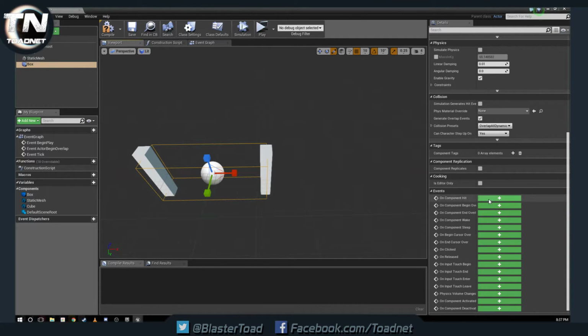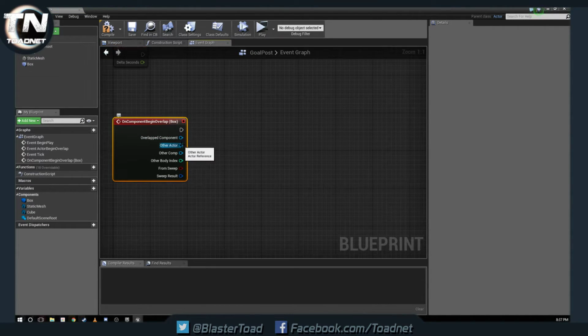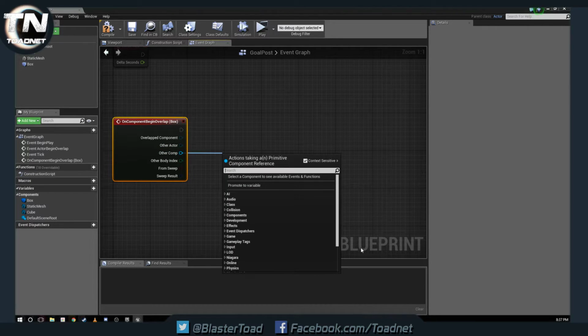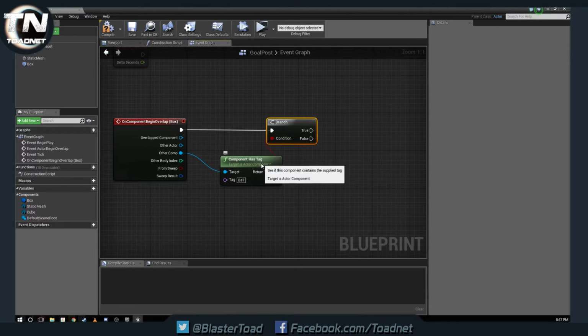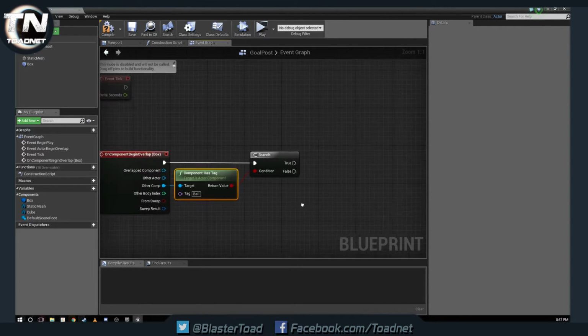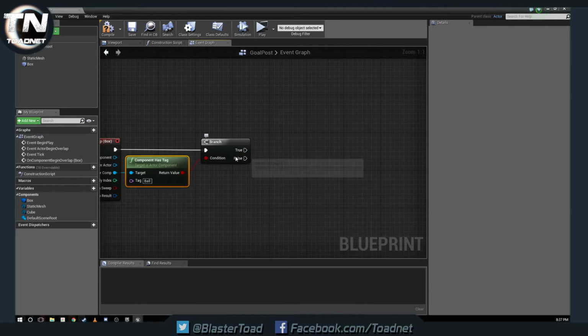And then we want a component begin overlap. Other component. Component has tag. Ball. A branch, which we'll then hook up our boolean. Just a quick setup here, guys. Not part of the question, so I'm not going super in depth with it. But yeah, when that box is overlapped with a ball type actor, or a ball type component, technically, we will